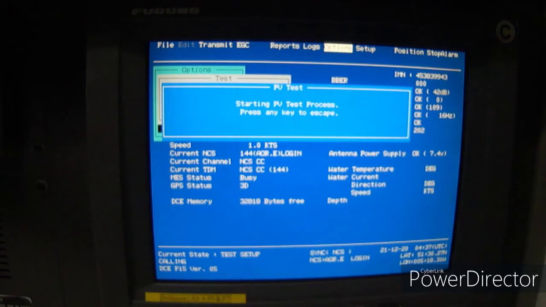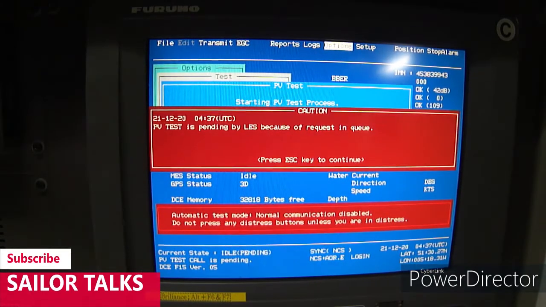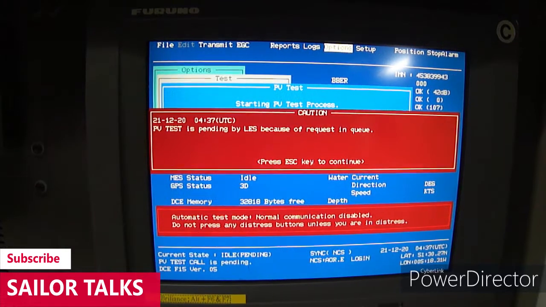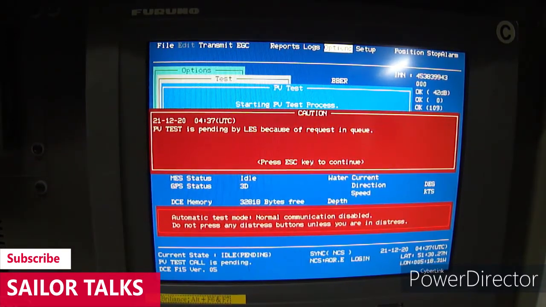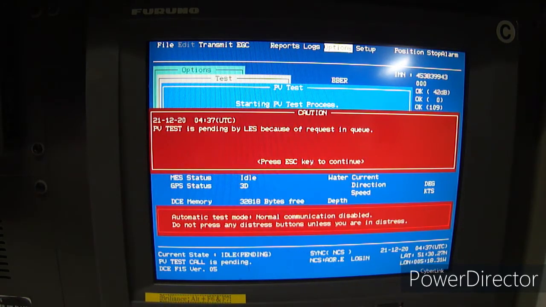So be patient, and once it is completed, it will give you a test report from the printer connected to your SATC equipment. Now you can see your status is changed, test receiving message. You can see in your screen PV test is pending by LES because of request in queue. Press escape key to continue, and automatic test mode, normal communication disabled.